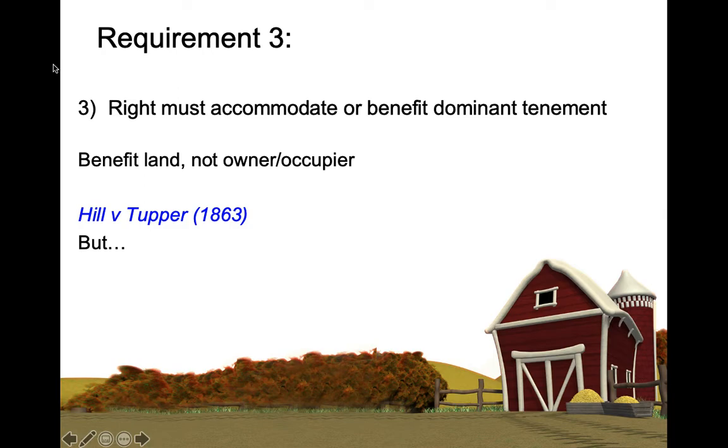So because we have to fall down on one side or the other, the courts determined in this case there was no easement here, that it was purely personal, it was benefiting Hill and not benefiting Hill's land, which is an odd scenario to get to, an outcome.